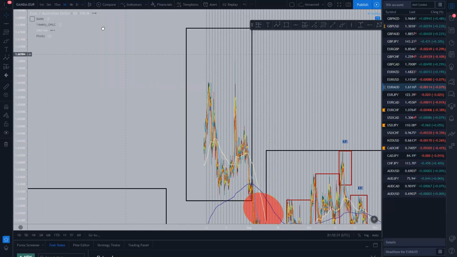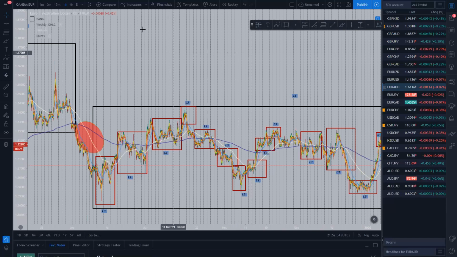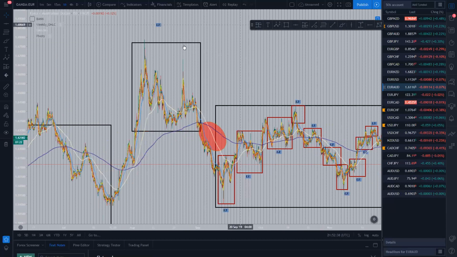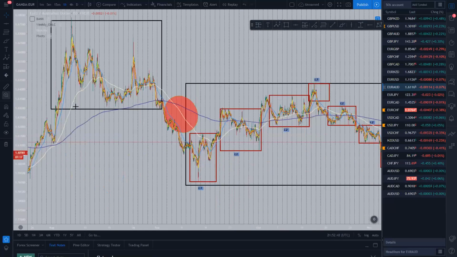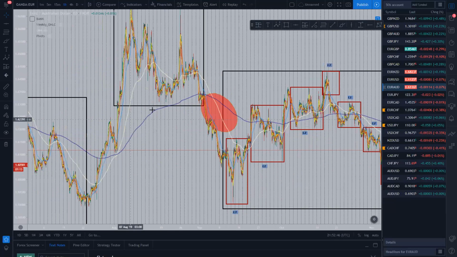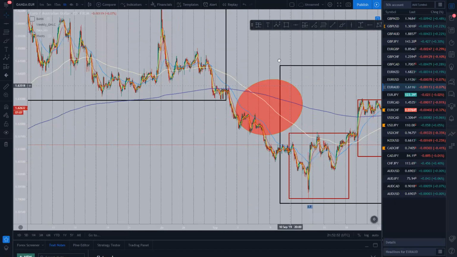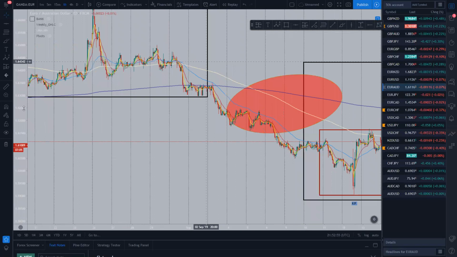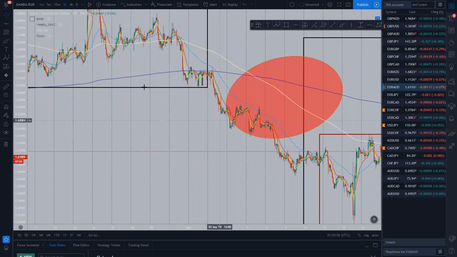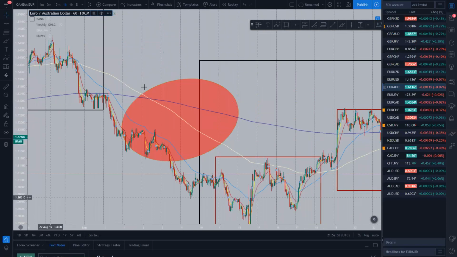So after level 3 is taking place, right? What do I look for? I look for a 13 and a 50 crossover. That's what I look for. Where's my 13 EMA? Okay, so the first thing I look for is a 13 and a 50 crossover. Now, once I get a 13 and 50 crossover,